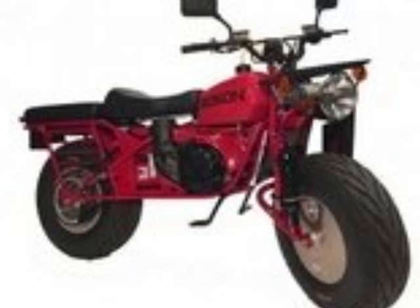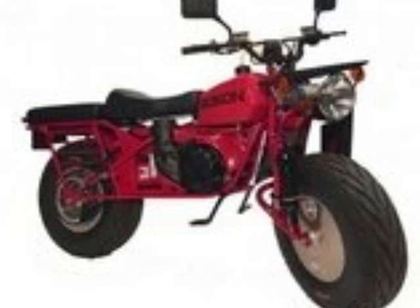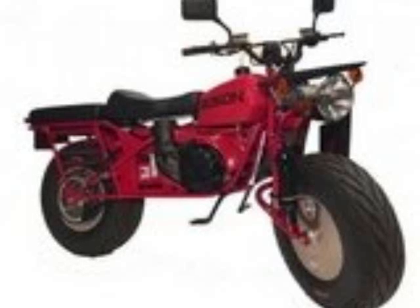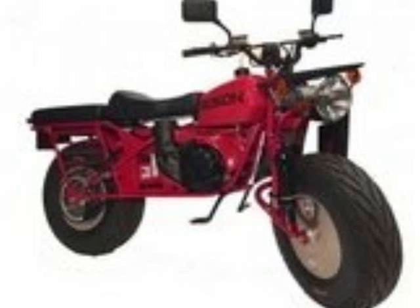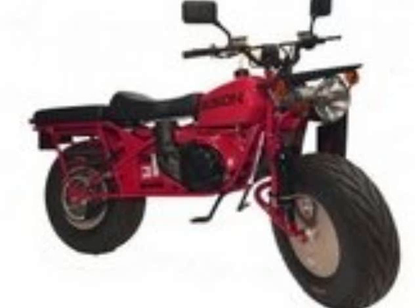Granted, the 37 miles per hour top speed won't get you safely, legally down the highway, but it may get you to your favorite off-roading spot on its own two wheels if secondary roads are all you need to navigate to get there. The Trailbreaker comes out as the cheapest of the three at only